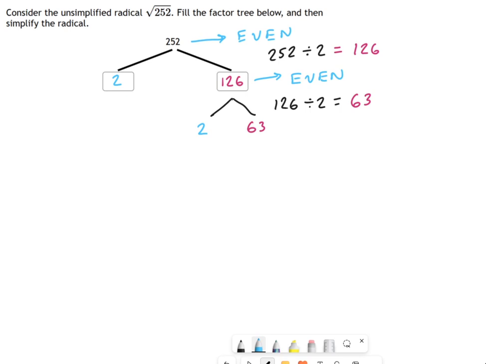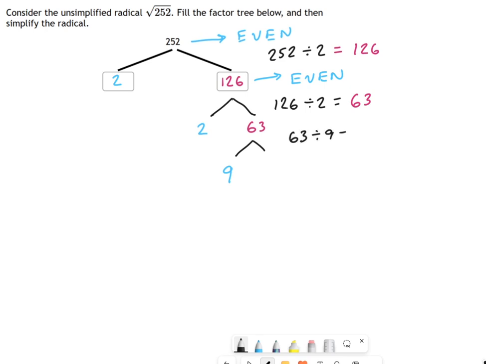So you might think the next step that I would normally do, and this is what I would do, I would say, okay, I know 63 doesn't divide by 2, but does it divide by 3? And I would keep on going. Now you don't have to do it that way. You could just pick a number that 63 divides by and play guess and check with your calculator. So what would I pick? I would pick 3. But if we want to just be contrarian and pick 9, we could say, fine,